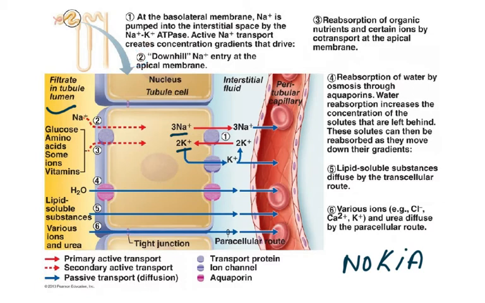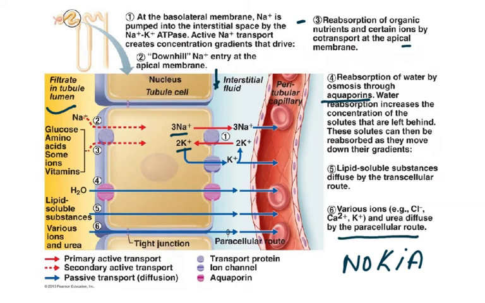and number 3, then we have the reabsorption of organic nutrients and certain ions by co-transport at the apical membrane. The apical membrane is the one towards the lumen side, and this side is called the basolateral membrane. And number 4, we have the reabsorption of water by osmosis through the aquaporins. And number 5, lipid soluble substances diffuse by the transcellular route, and various ions and urea also diffuse by the